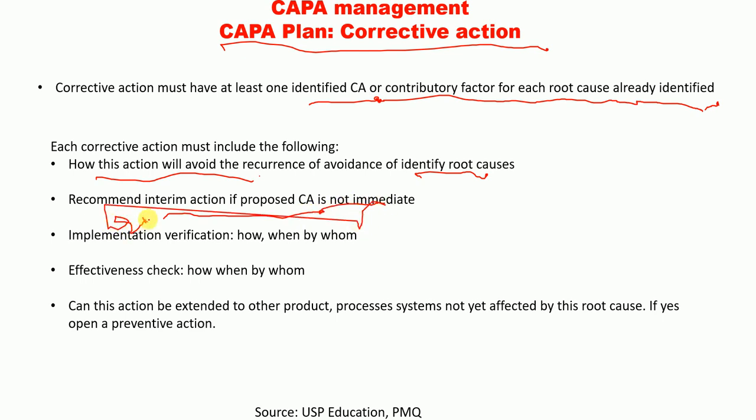We have to implement verification: how, when and by whom. We also have to make an effectiveness check: how, when and by whom. Can this action be extended to other product, process or systems not yet affected by this root cause? If yes, we have to open a preventive